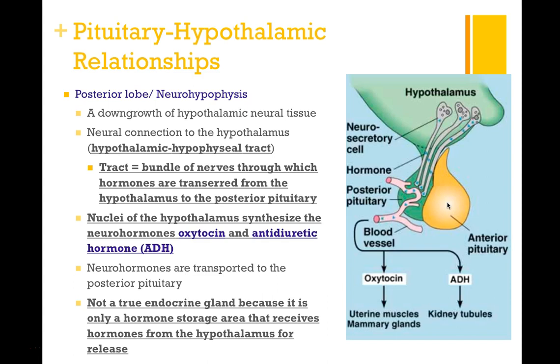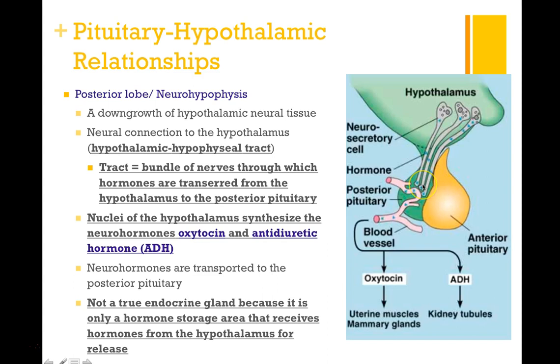Now let's talk about the posterior lobe of the pituitary gland, also known as the neurohypophysis. This developed from a downgrowth of the hypothalamic neural tissue. And the neural connection to the hypothalamus that we see here, this is called your hypothalamic-hypophyseal tract. Anytime we see that word tract from now on, we should think of a bundle of nerves. In this case, we have these nerves that allow hormones to be transferred through them over to the posterior pituitary